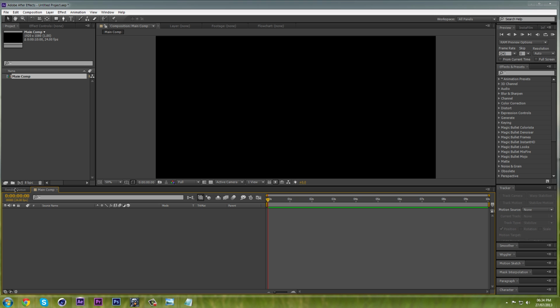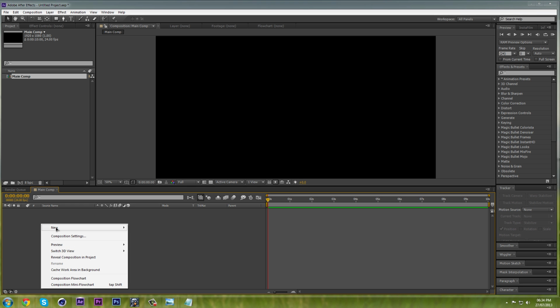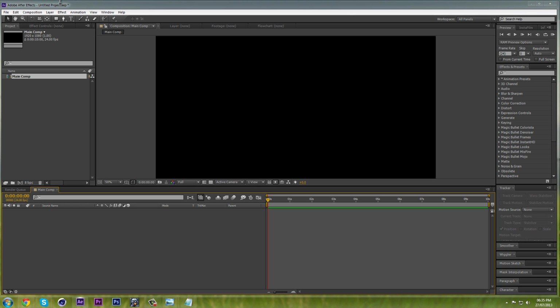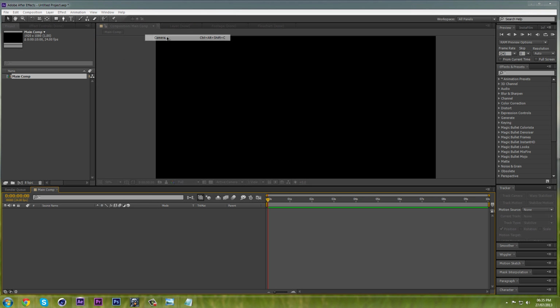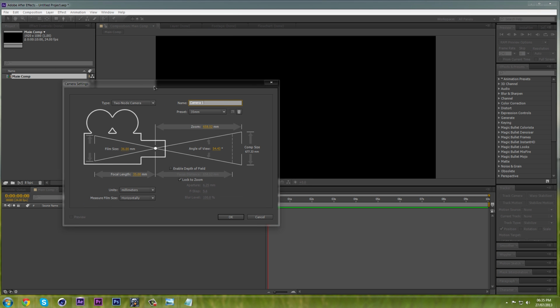Okay, so first thing we need to do is create a camera because we are working in 3D. So you right click down here, or you can go to Layer, New, and Camera. And what you want to do here is basically set this to 35 millimeters. Set the film size to 102.05. Set the zoom to